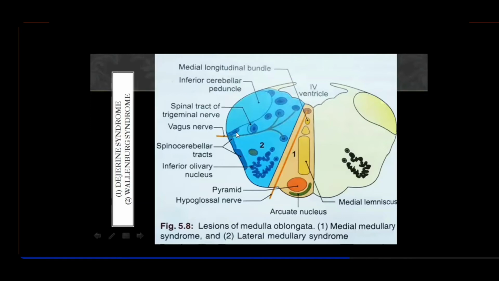Facial artery. Why was it having a tortuous course? Because of the movement of the mandible. Or why was the lingual artery having a tortuous course? Because of the movement of the mandible as well as the movement of the tongue. So that's why you always have to have a reason for the tortuosity. So why is this posterior inferior cerebellar artery having a tortuous course, although it's an intracranial artery?